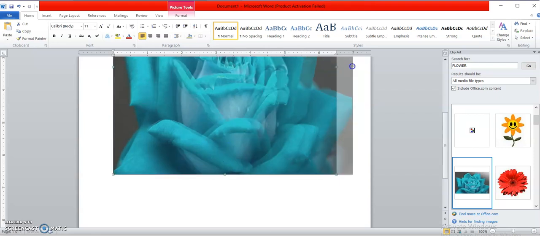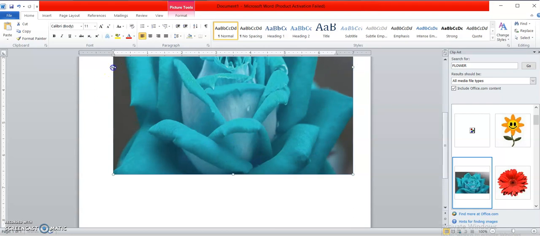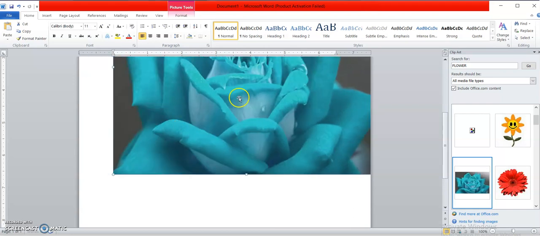So like this, you can insert many pictures from the clip art so as to make the Word document more illustrative and more attractive. You can also find more clip art at office.com. You can also search more clip arts from office.com.